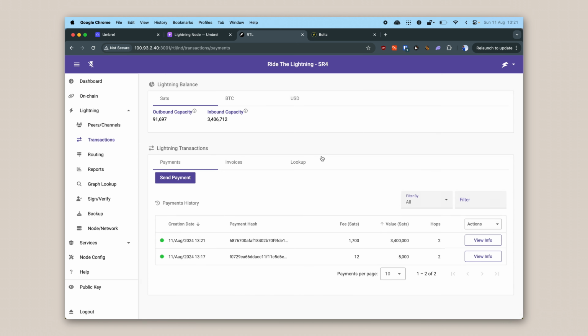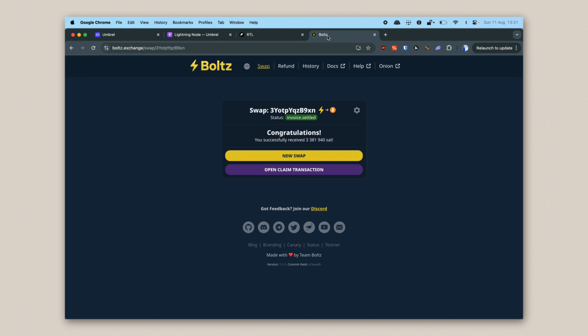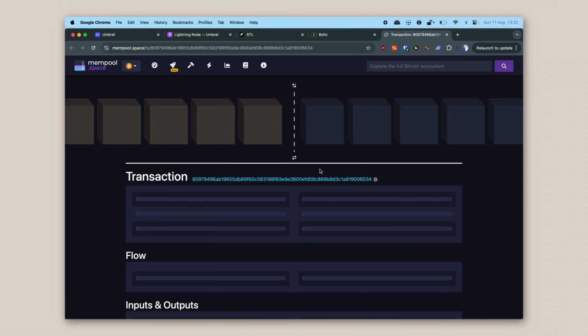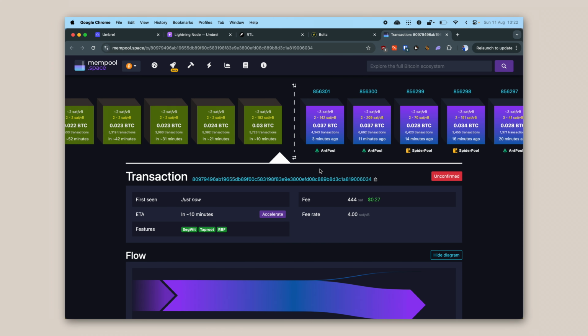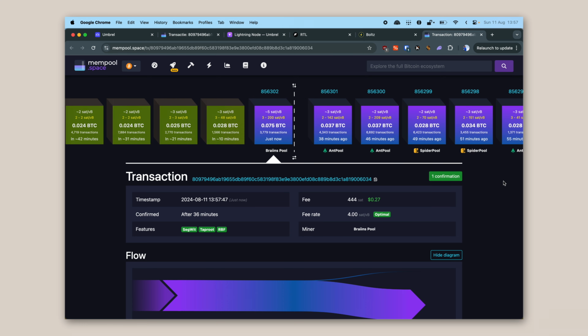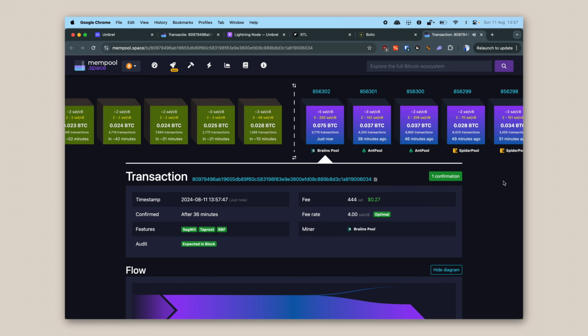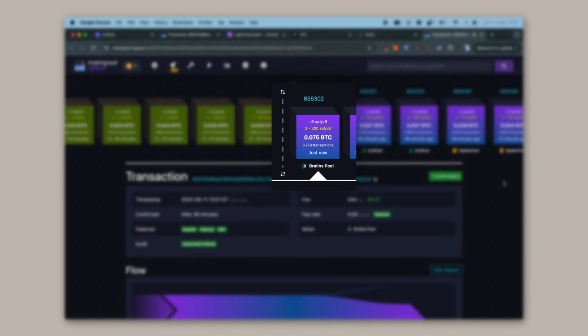If we go back to the Boltz website, we indeed see that the payment has been successfully completed. We click on Open Claim Transaction. This opens the mempool in a new tab where we can see the status of our on-chain payment. We now just have to wait until it's included in a block. There it is, our transaction ends up in block